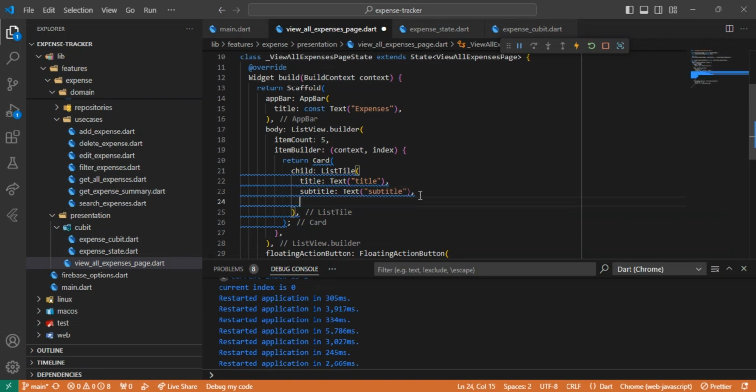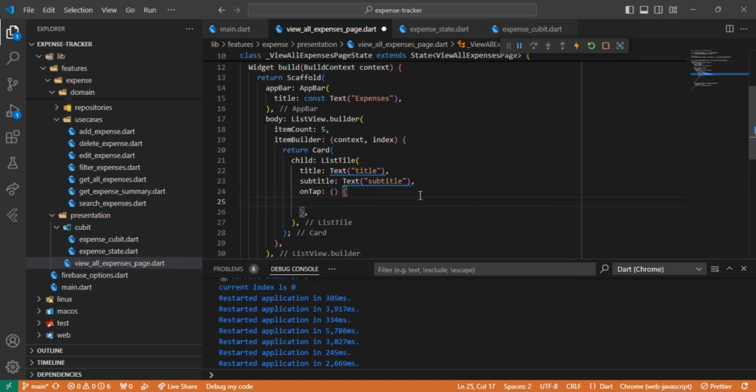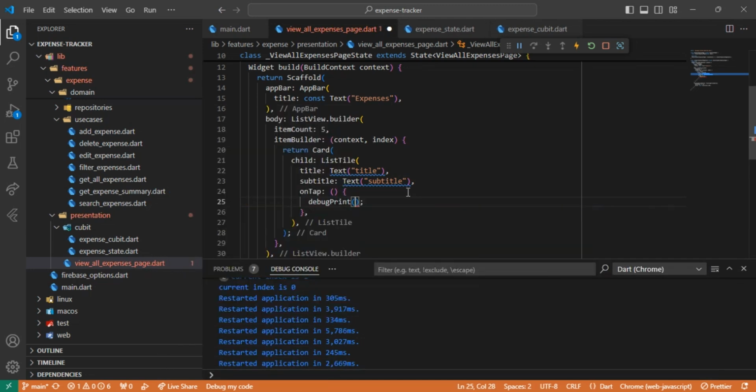Then on top, and then ano nangyari dito, wala siyang ano. Sige na lang, debug print, this style,